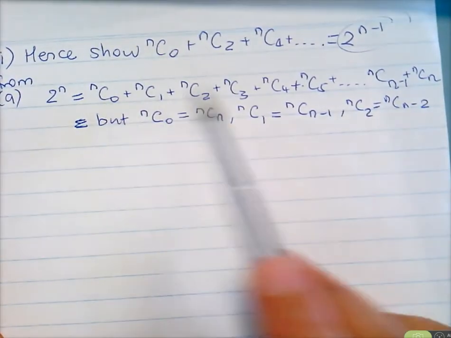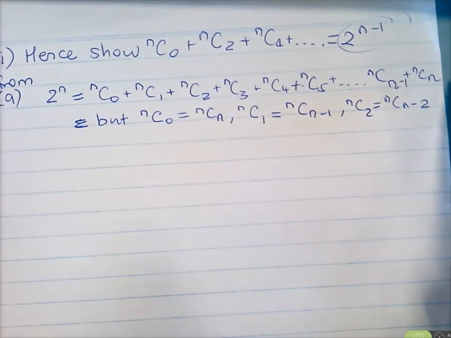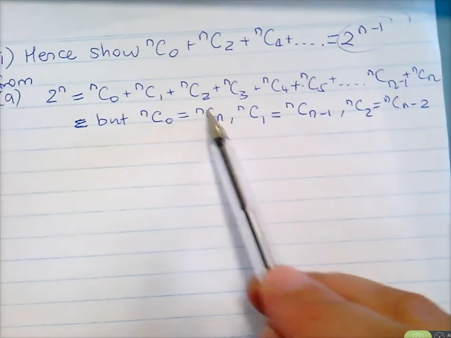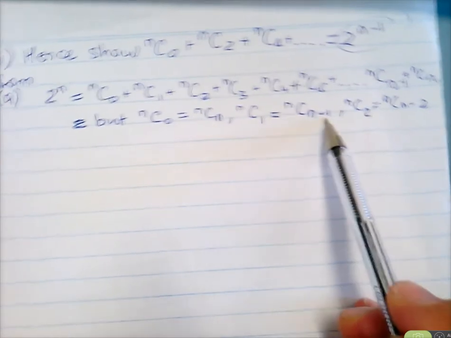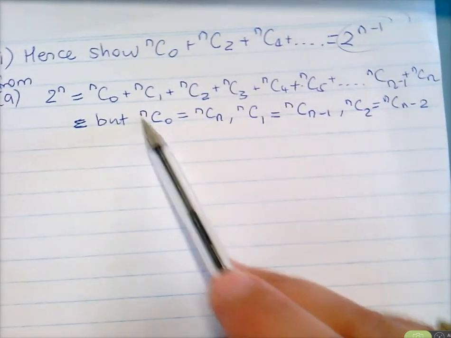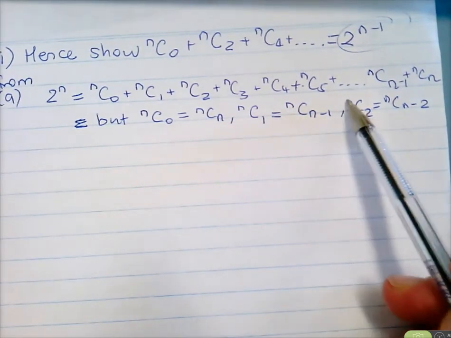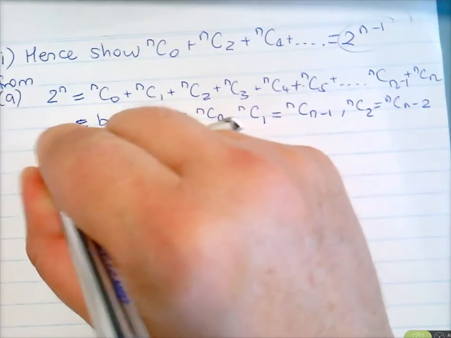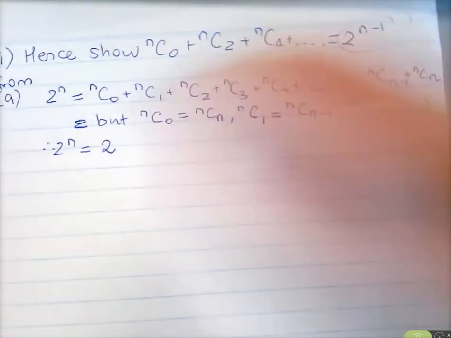With Pascal's triangle we have symmetry: the first term in the row is 1, it equals the last term in the row, which is 1. The second term equals the second last term. So nC0 equals nCn, nC1 equals nC(n minus 1), nC2 equals nC(n minus 2). So therefore, 2 to the n will equal 2 times